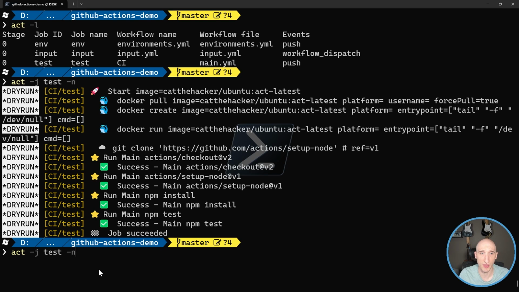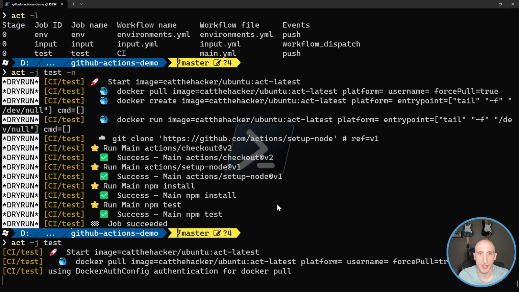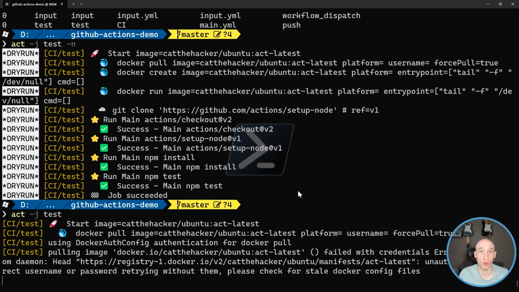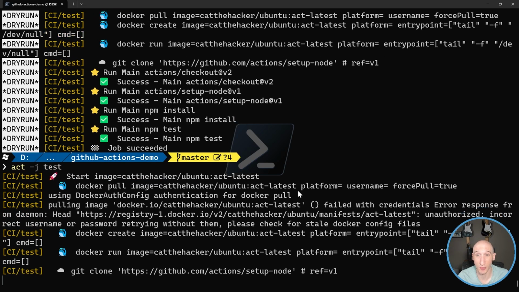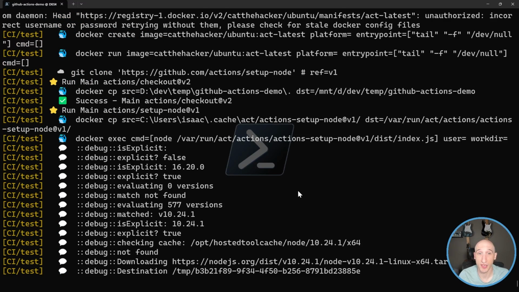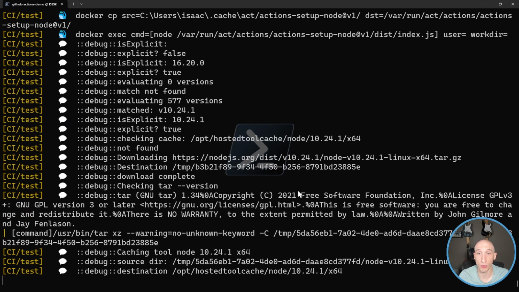Well, let's just run this instead. So we specify that, and then we click this, and it's actually going to go through the process of doing all those things. It's going to pull down that Docker image. It's going to build a Docker container. It's going to do that git checkout. It's going to set up Node.js. It's going to do an npm install, and then it's going to run that npm test. And depending on how long your workflow is, it might take a little bit of time, right? So let's actually skip ahead to the end of this video